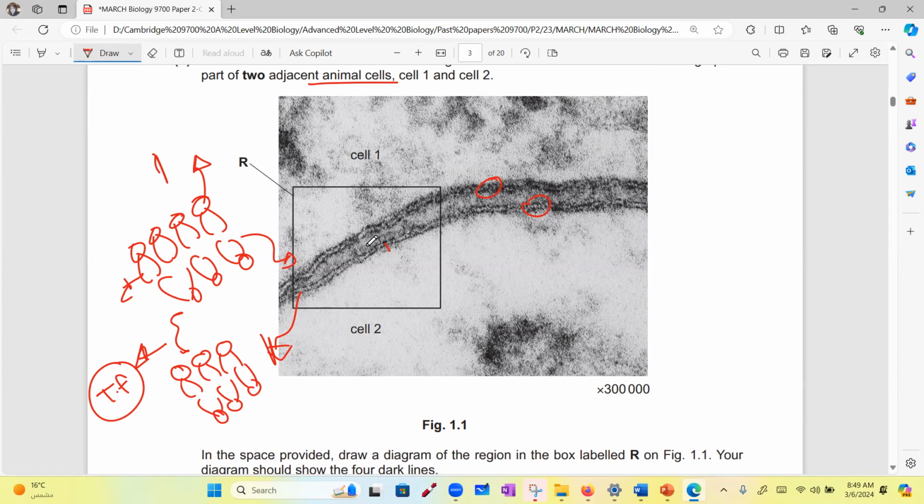This is one phospholipid bilayer. This is another phospholipid bilayer. And they have here the space between the 2 cells. If you're confused,